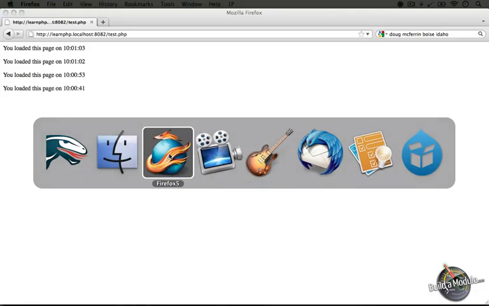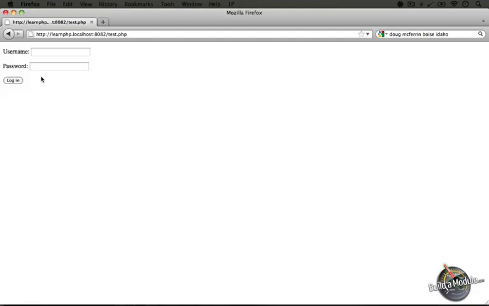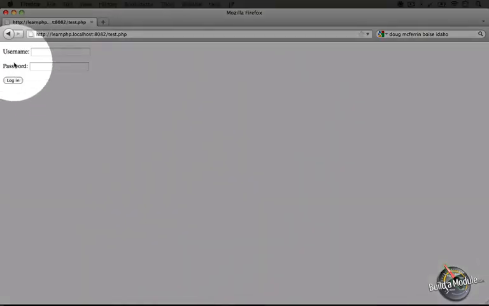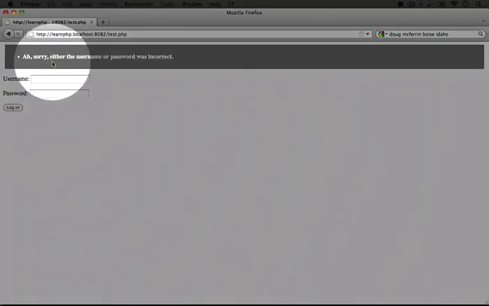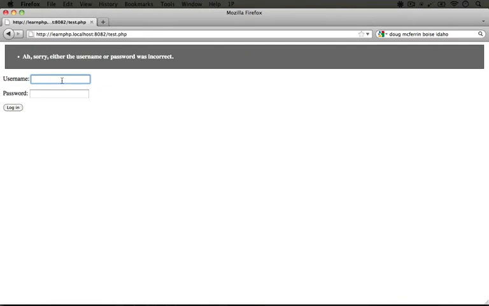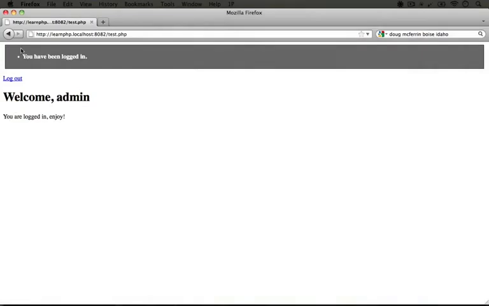So I'm going to jump back to the browser and refresh. So we have our form here that has a username and password, a typical login form. And if I type in random text that I know is not going to be a username password match and click login, it will say, "Oh, sorry, either the username or password was incorrect." But if we put in something that does have a match and click login, it says you have been logged